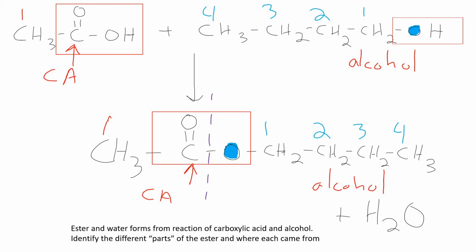Again, notice how I had to flip that alcohol around in order to line it up with what's happening with that ester. So besides making the ester, another thing that gets made is water. Where did this water come from? Well, the water came from the spare parts that we didn't use. What didn't we use from the alcohol? Well, we didn't use a hydrogen from the alcohol. What didn't we use from the carboxylic acid? We didn't use the OH. So that OH and that H combined to form the water.